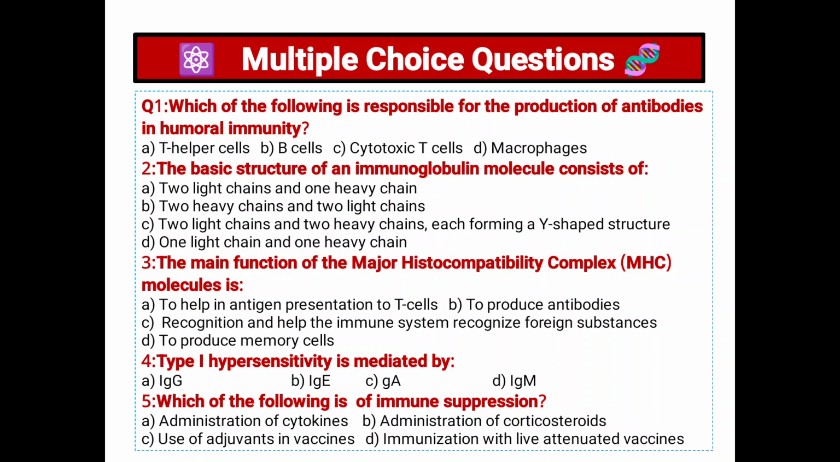So option B is the correct. B cell is responsible for humoral immunity. Second, the basic structure of immunoglobulins molecule consists of option A, 2 light chains and 1 heavy chain, option B,